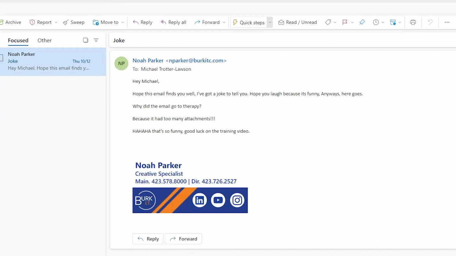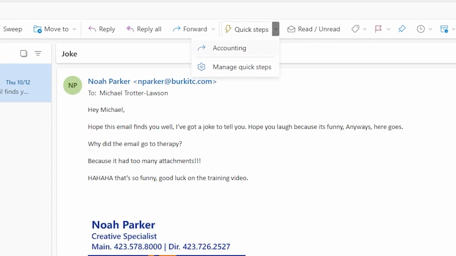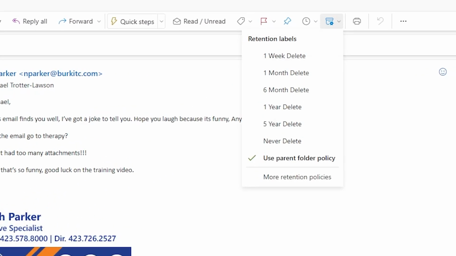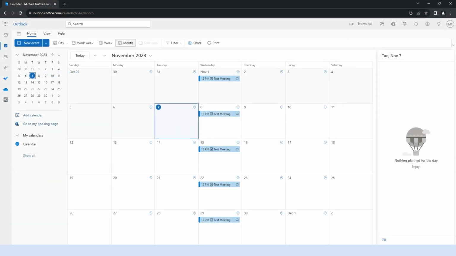Finally, this Assign Policy button can be used to set a time frame for emails to be deleted after a certain amount of time. Moving now to the Calendar section, this is the area in Outlook best suited for scheduling and